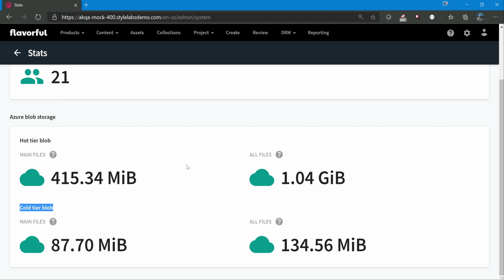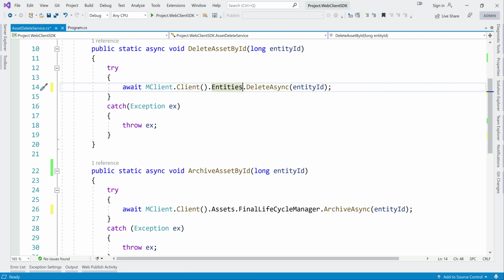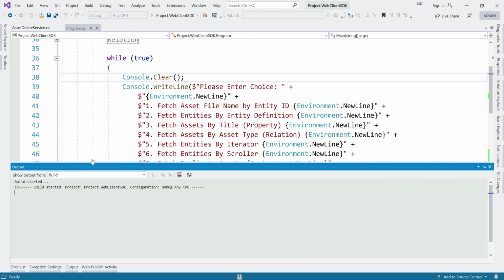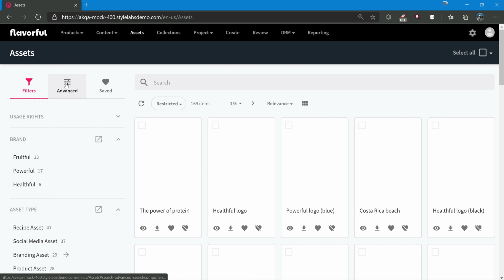And let's go back to the code. I've already written the new option, archive asset by entity ID. Let's quickly run, and we also want to get one ID to archive.